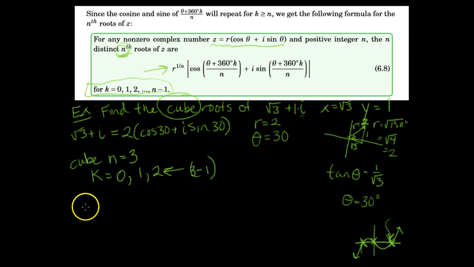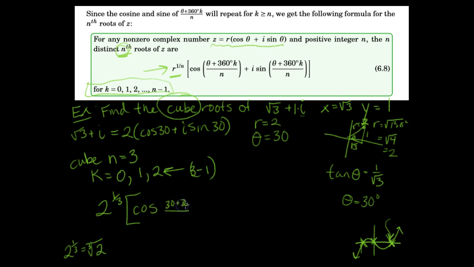So what do I do? I take my r value, which is 2. I'm doing this part first. I'm raising it to the 1 over 3. Do you remember that 2 to the 1/3 is equivalent to the cube root of 2? Just a little review on rational exponents. You probably learned that in Algebra 2. And then it's going to be cosine of theta, the original one, which is 30,